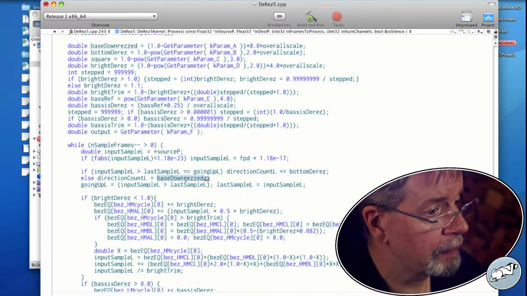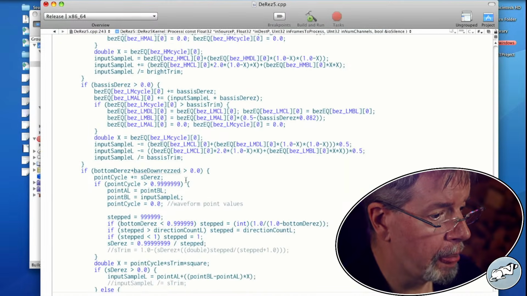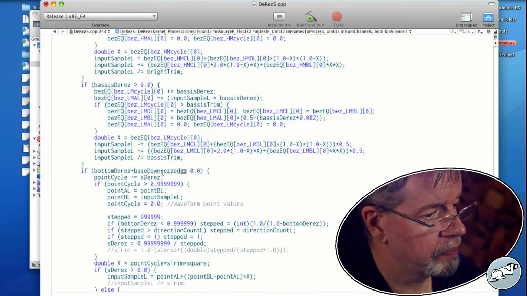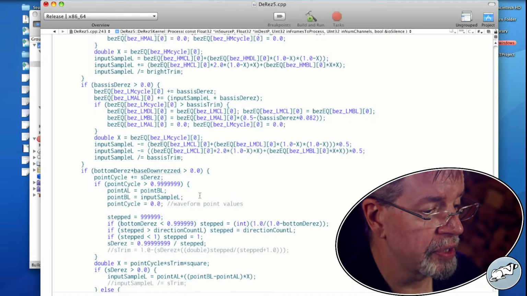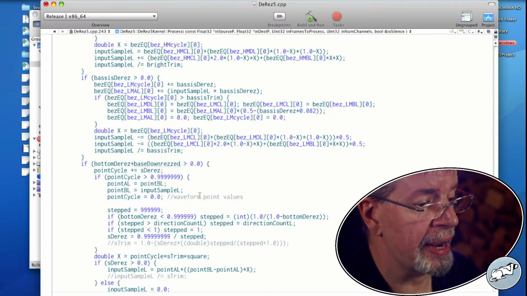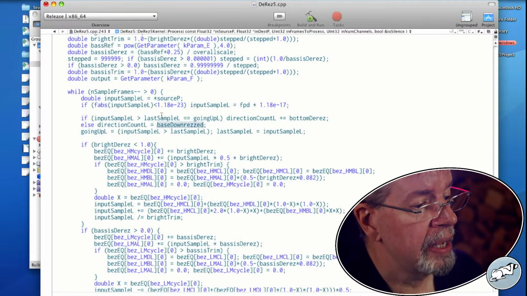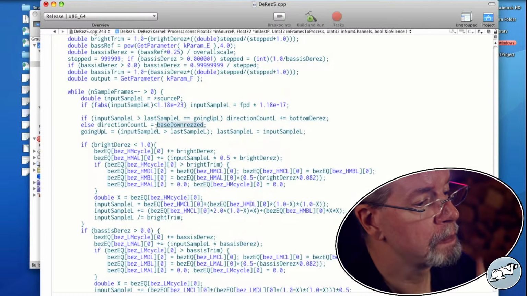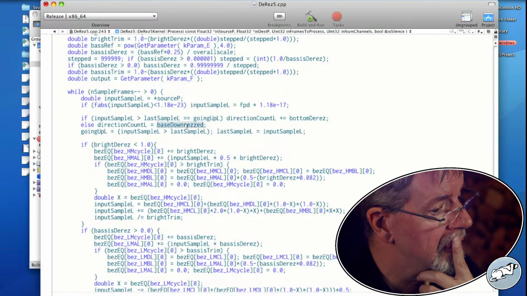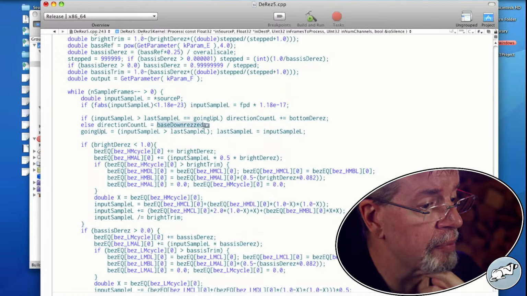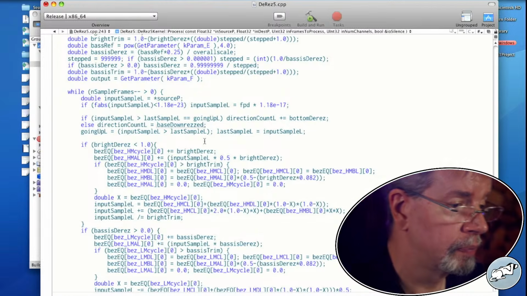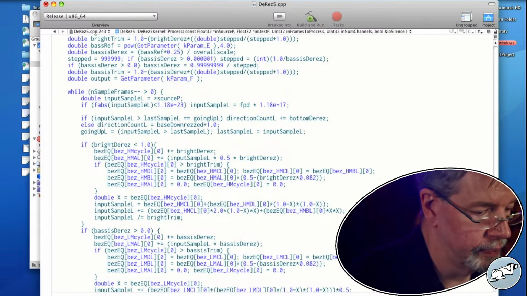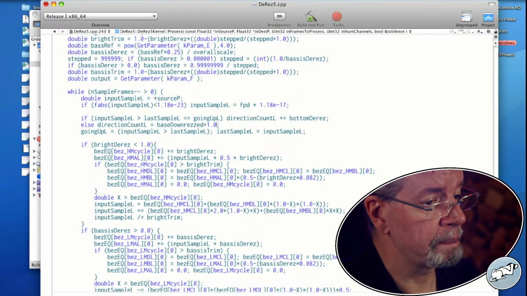Mind you, where else does it show up? Here. So bring it off of 0 and this starts getting involved. So I should be able to see that happen. My problem is this needs to be base down res plus 1. It's simply not kicking in. Now let's see what we get.